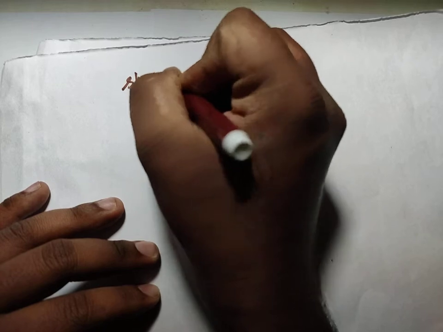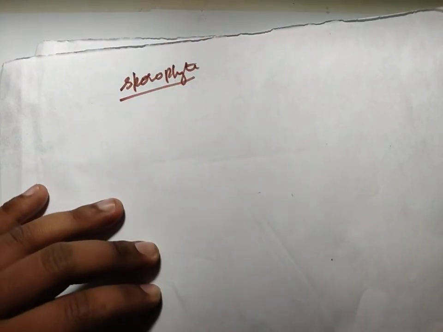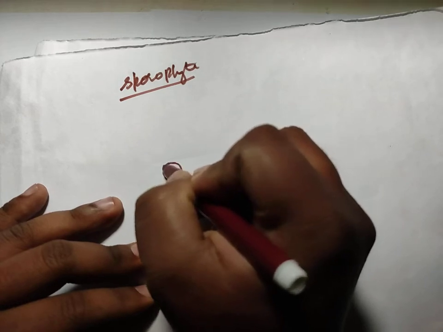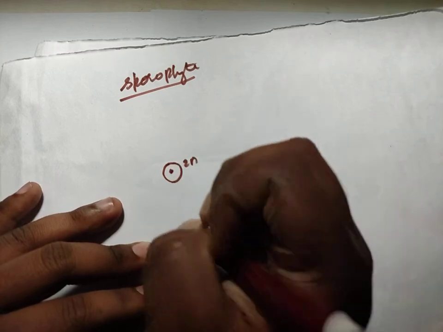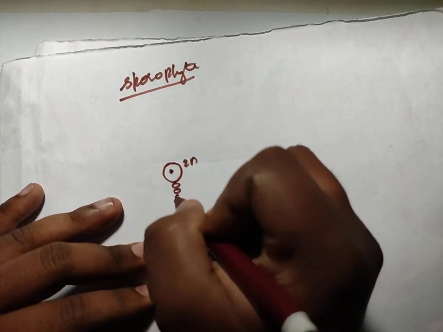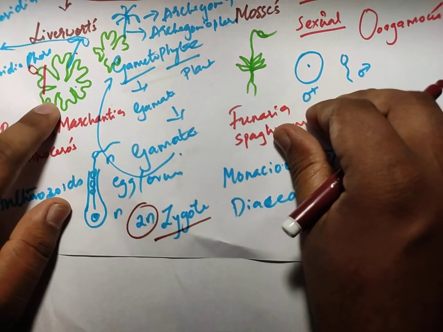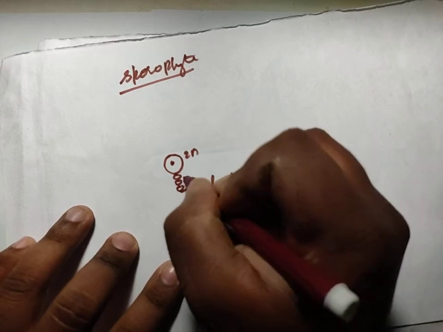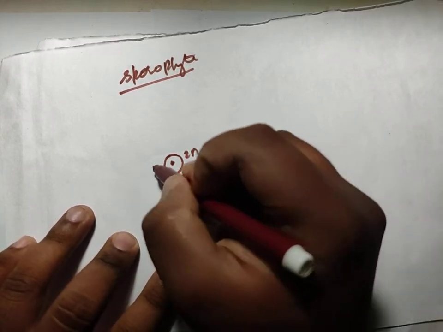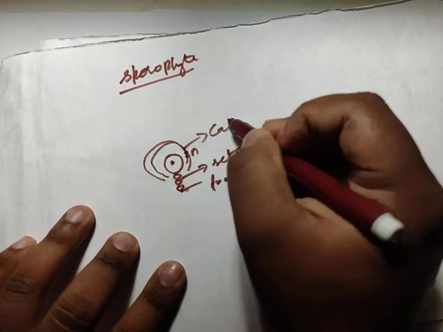See here, I'll take a new paper. Now, this zygote is going to divide and redivide and produce something called a sporophyte. Sporophyte means the zygote that has fused, which is in 2N condition, is undergoing repeated division to form a sporophyte, but it is still attached to this particular gametophyte. It is there inside this gametophyte only. So there is the foot, this is the seta, and this is the capsule. So they are encircled. So this is the capsule.